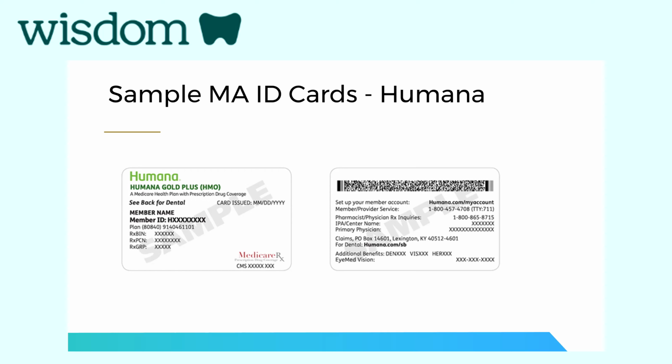I mentioned earlier when I said the keyword was supplement. When we talk about supplement, that typically on that card is going to give you an indication that it's a Medigap plan, that it's not Medicare Advantage. But whenever you see the word supplemental, that tells you when you confirm those benefits that it's a Medicare Advantage plan typically. So those are some key phrases to know when you're trying to distinguish the difference between original Medicare, the Medigap card, and the Medicare Advantage card.